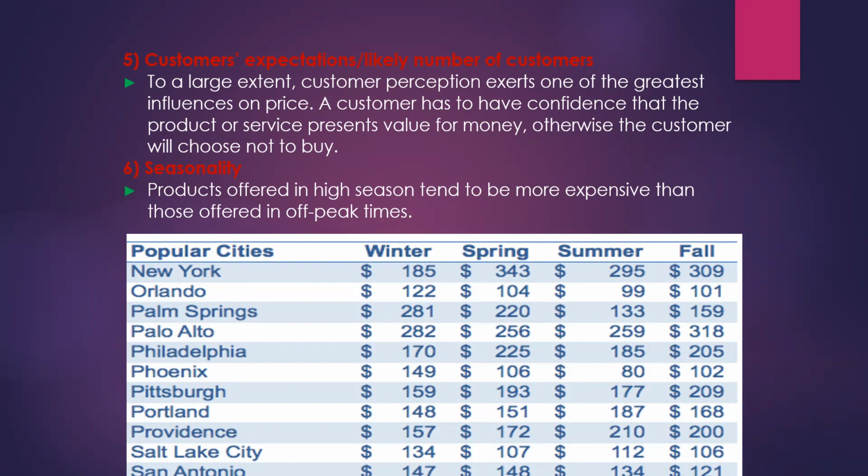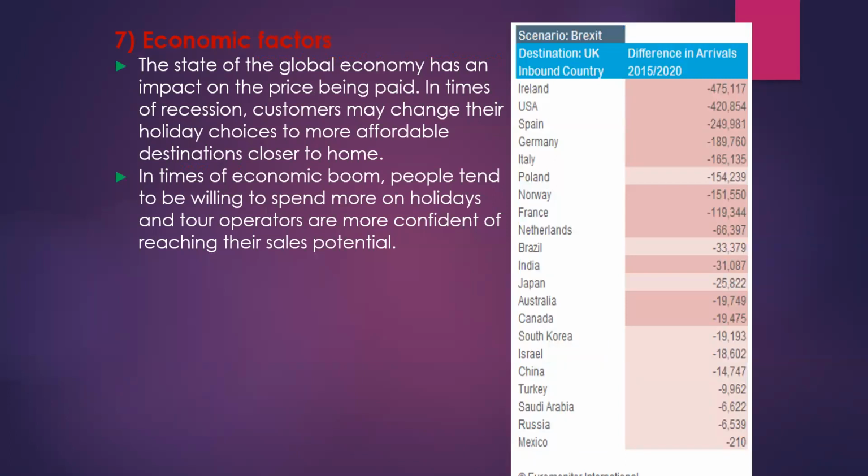Number 7, we have the economic factors. What are the economic factors? The state of the global economy has an impact on the price being paid. For example, in times of recession, customers may change their holiday choices to more affordable destinations close to home. Because of the economic recession, some people will say, we don't need to pay that much money going to France, for example, or going to Spain. Let's go to Greece, let's go to South Africa, let's go somewhere more affordable and less